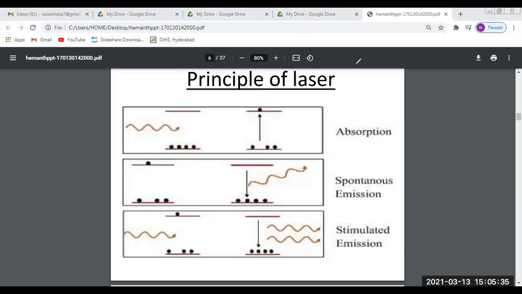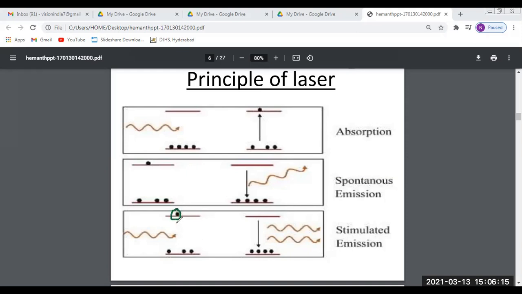Next, what happens when the atom is in the excited state? It will not stay for much time in the excited state, so it will try to come back to its ground state. How will it come back? There are two processes. In one method, while coming to the ground state, it emits radiation by itself, and this emission of radiation is spontaneous emission, which is possible in normal light. What happens in laser light is that when the atom is in the excited state,